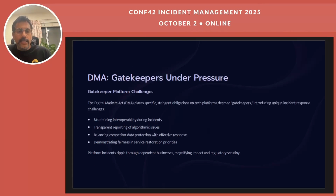Let's quickly take a look at the DMA mandate as well. The Digital Markets Act places specific, stringent obligations on tech platforms called gatekeepers, introducing unique incident response challenges. It requires maintaining interoperability during incidents, transparent reporting of any algorithmic issues, and demonstrating fairness in service